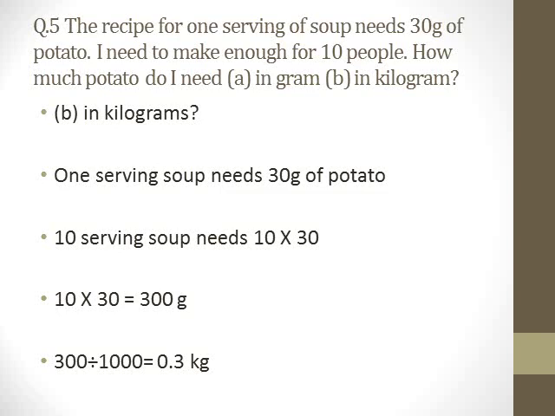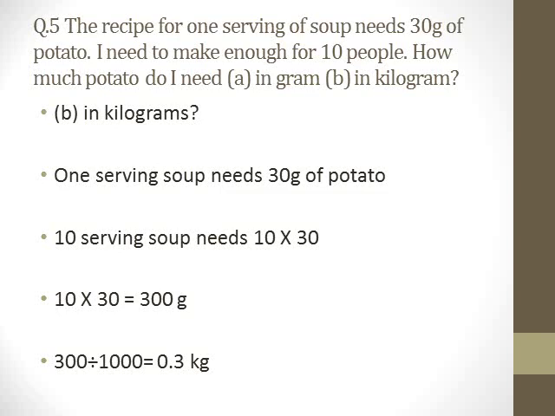So why do you need to divide 300 by 1000? Because you know that 300 grams is going to be a smaller amount when you convert it into kilograms, because in 1 kilogram there are 1000 grams, so 300 is less than 1000. So the answer in kilograms should be less than 1. So when you divide 300 by 1000, you have